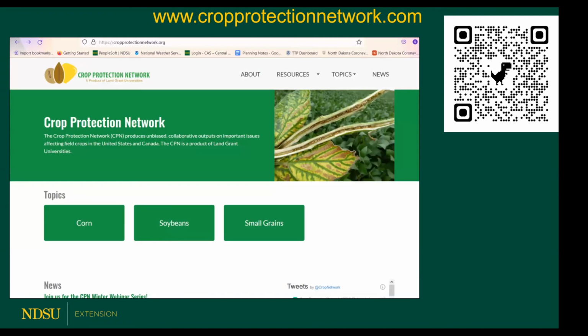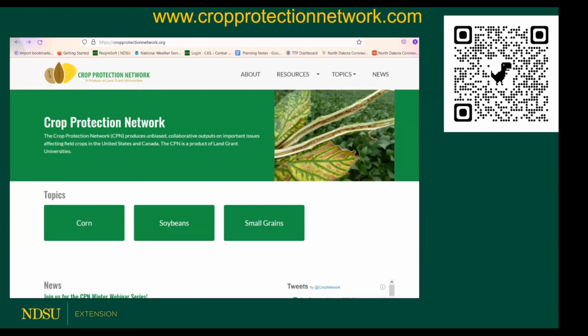Okay, I'm going to give you one resource here. So again, I'm throwing up a QR code so it's easier to get to. This is called the Crop Protection Network. The Crop Protection Network is a group of pathologists across the Midwest and then the Mid-South, and we get together and we have our own little clearinghouse website here. And I'm one of the people that contributes, although I'll be the first to tell you that I contribute a lot less than some of the folks from Iowa and Indiana,